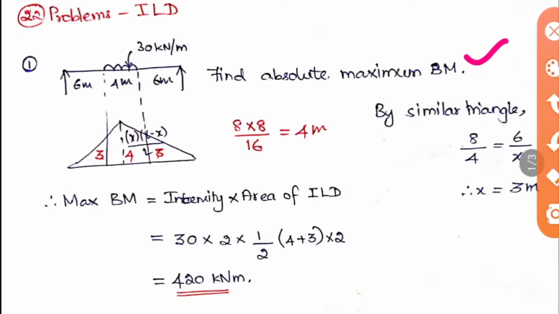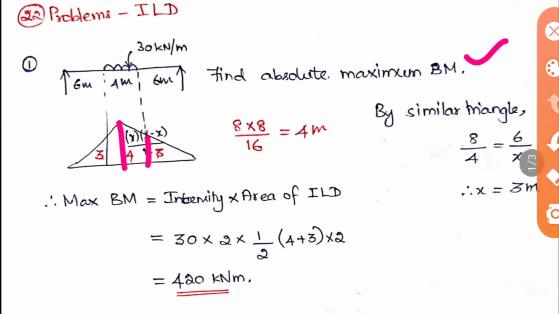So this we have studied already, and the value for the ordinate is x into (L minus x) divided by L. So this also we have studied. So you can apply that. So x will be the distance from here to here. Okay, so it is 8, and this side is also 8. So 8 into 8 divided by total distance, that is 16, which is equal to 4 meters. So now you got the value for the highest ordinate.